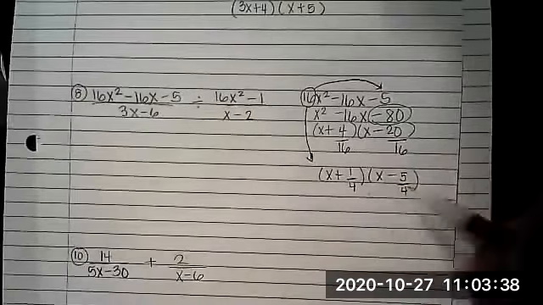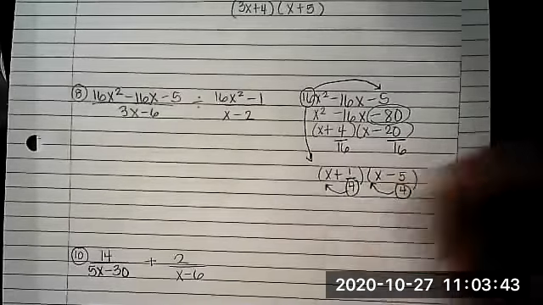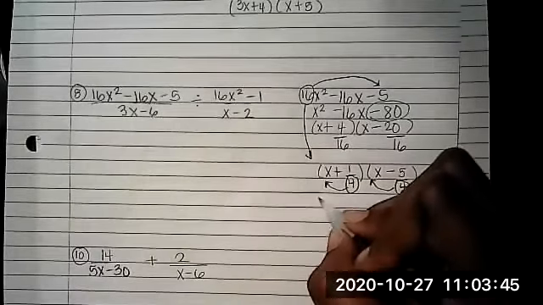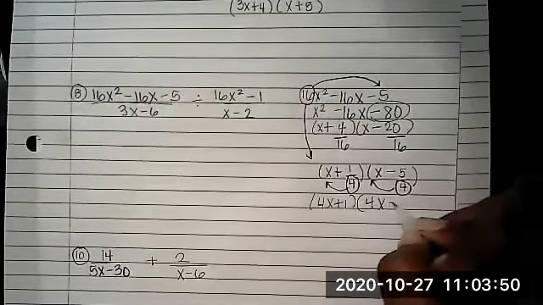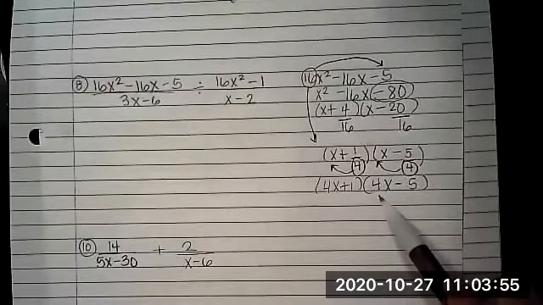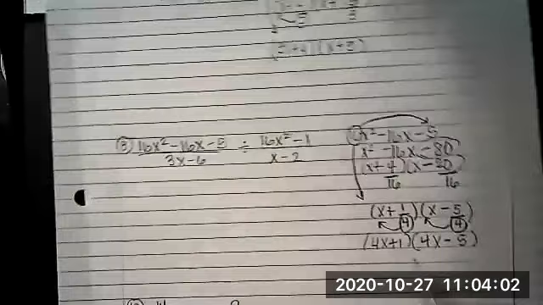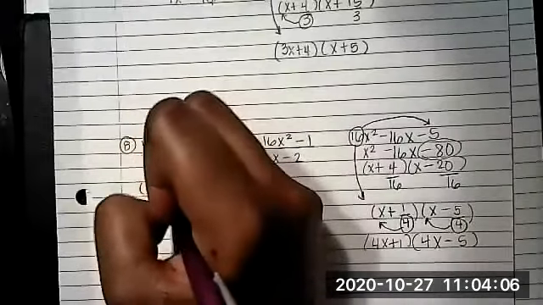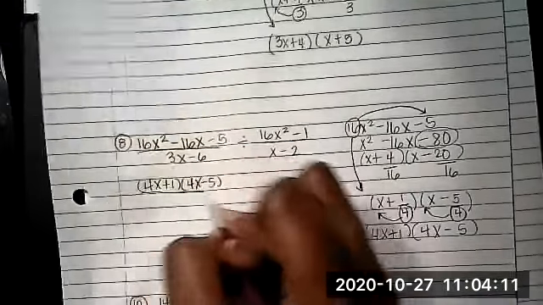Okay. Now that I've simplified my fraction, I have to move this here, and I have to move this here. So your answer there would be 4x plus 1 and 4x minus 5. Okay. So 4x plus 1 and 4x minus 5 will be what goes up here. So instead of that, we're going to put what we factored it. So this becomes now 4x plus 1 and 4x minus 5 up top over,